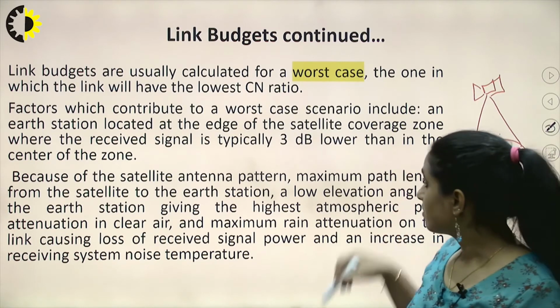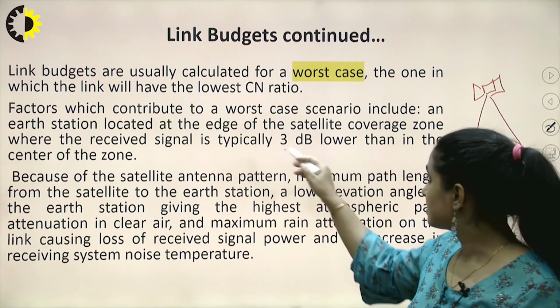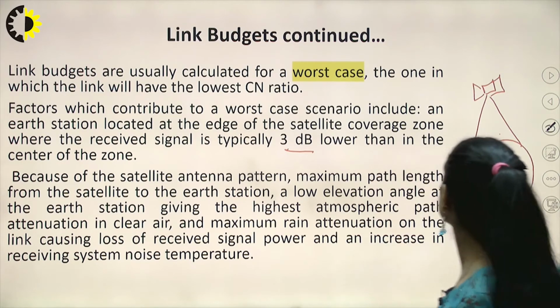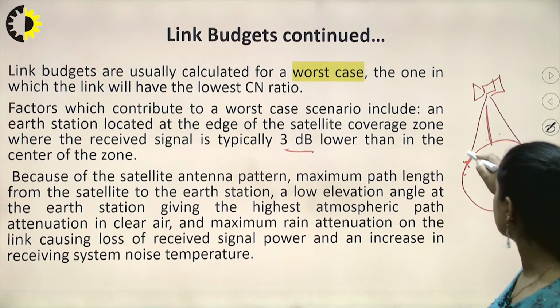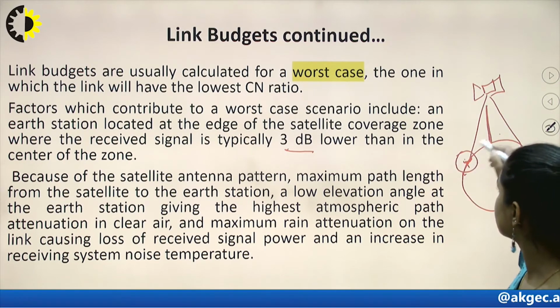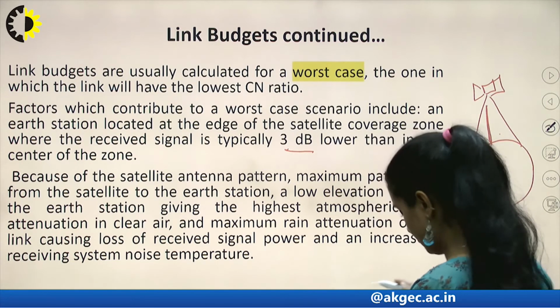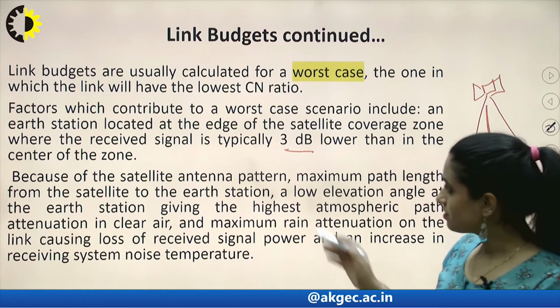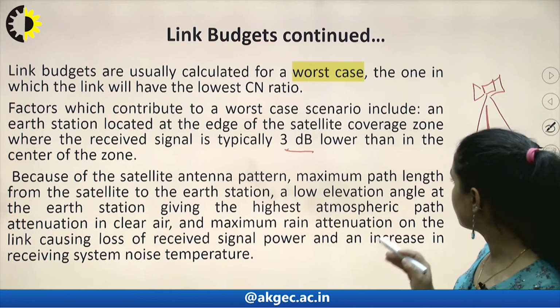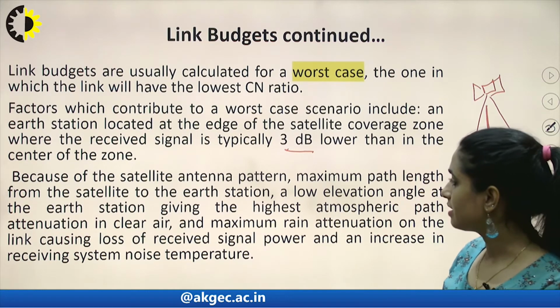At the edge of the satellite coverage zone, the received signal is typically 3 dB lower than in the center of the zone. This is calculated so that here the signal will be approximately 3 dB less than what it is at the center, right? Because of the satellite antenna pattern,